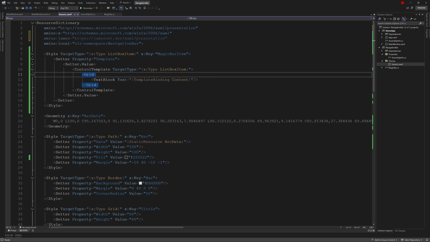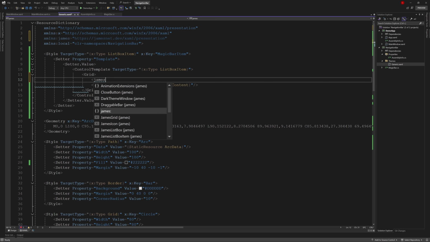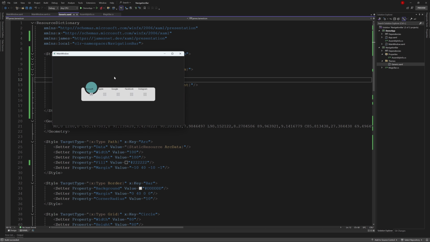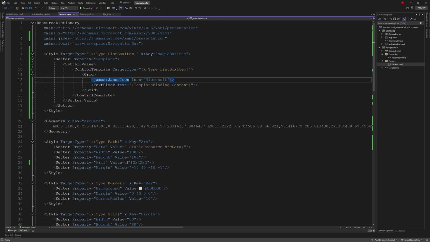And then insert the icon and test it. Okay, all good.